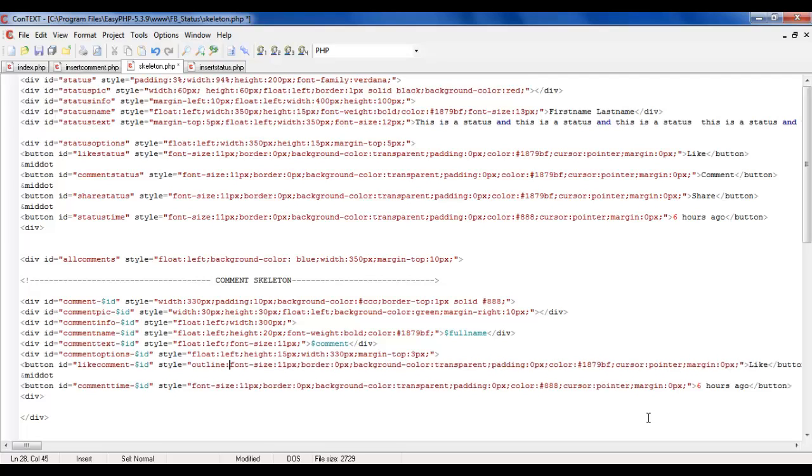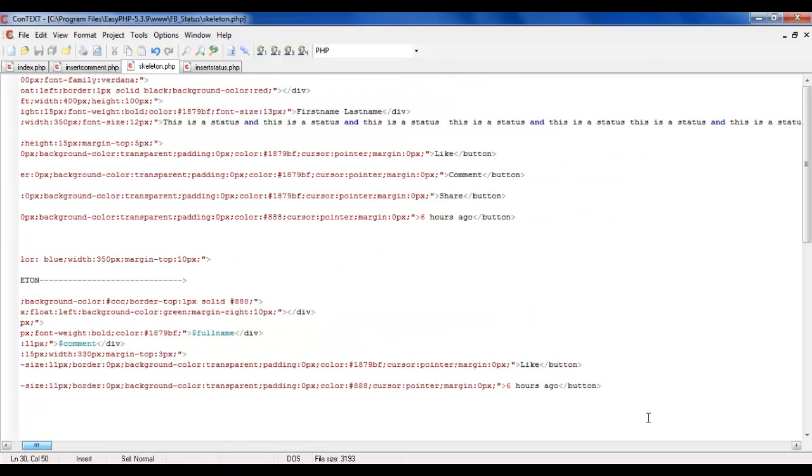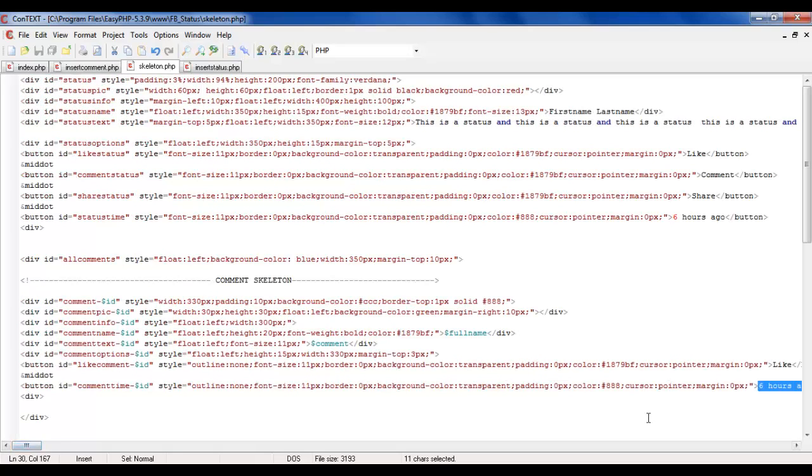Let's just give the outline none. Instead of the there, we need the time there. Okay, so let's just leave that because we will be using the timestamp function there. Comment time, okay, that is done. And